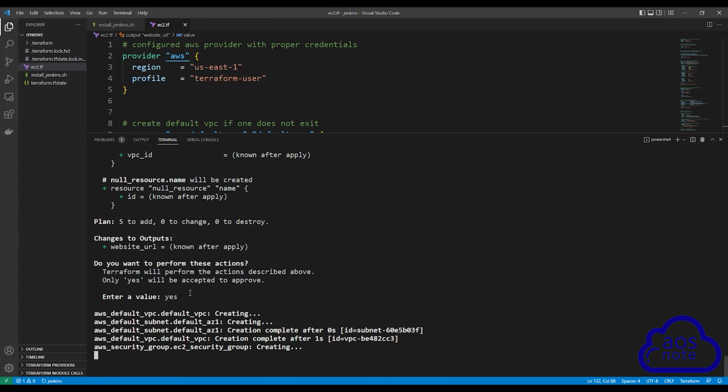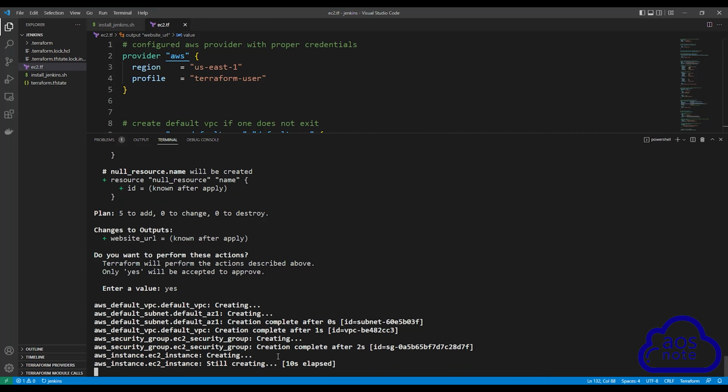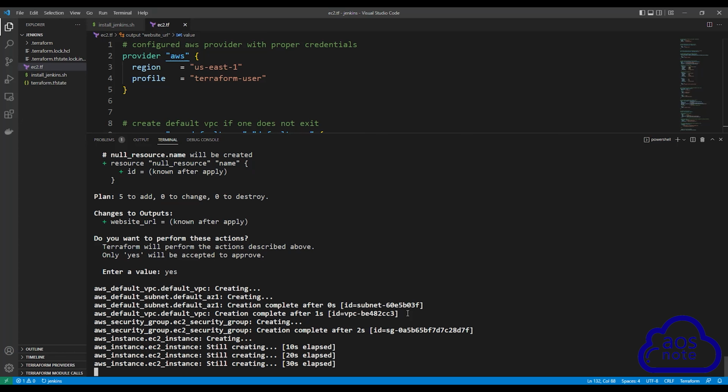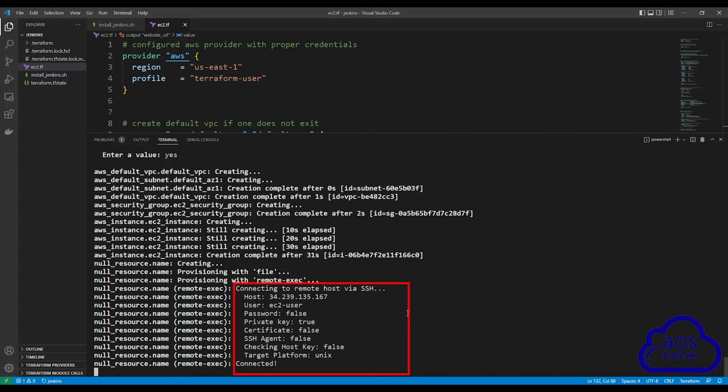Terraform is now launching the EC2 instance in my AWS account. When Terraform SSHs into my EC2 instance, I'll show you that part. Right now, it is launching the EC2 instance. And there you go. Terraform has launched the EC2 instance, and you can see it has SSHed into my EC2